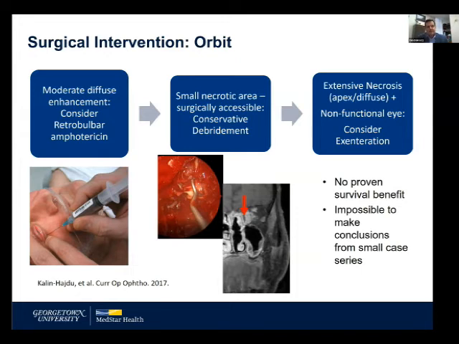However, the caveat is that most of these small series looking at this are combined and trying to make conclusions, so there's obviously a bias in that the people with the sickest and worst disease are getting much more aggressive treatment and are more likely to die regardless. So it's really a case-by-case approach, with a real, frank discussion with the family and patient, if they're awake enough to have that discussion, to determine if you're going to remove an eye in hopes of essentially saving their life.